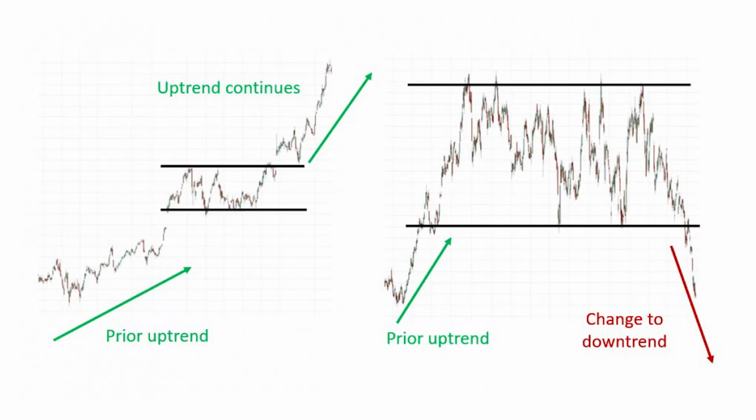Now I mentioned point 5 near the start of the guide, that it can serve as a useful gauge of how likely a rectangular consolidation is going to lead to a trend continuation or a trend reversal. As you can see in the diagram, when the range of consolidation is narrow, there's a high chance of the prior trend continuing, whereas if the range is wide, there's a higher chance of a reversal occurring.